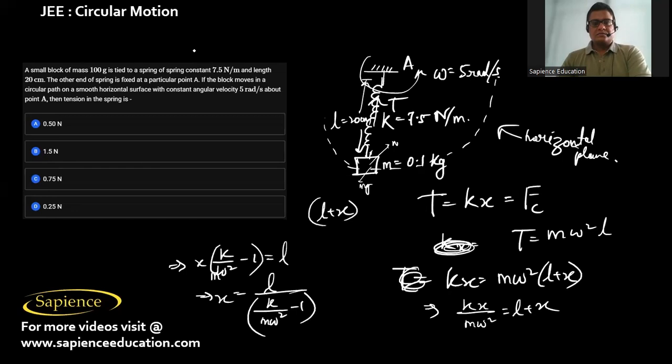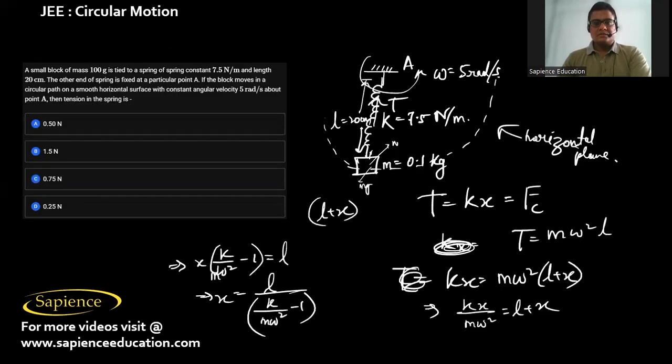Therefore, x will be equal to L. L is 20 centimeters, so 0.2 meter is the length, divided by